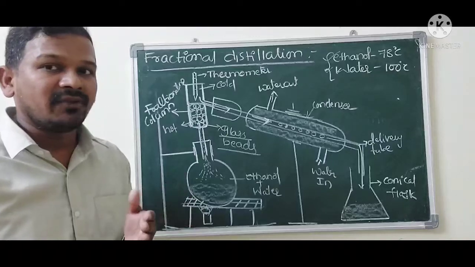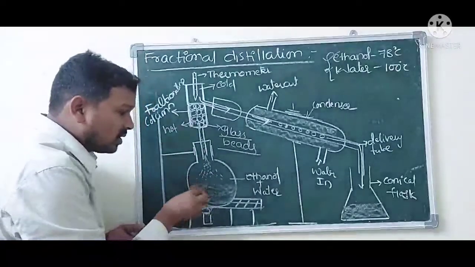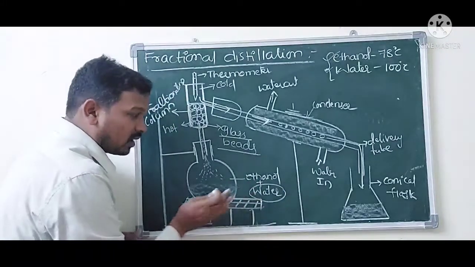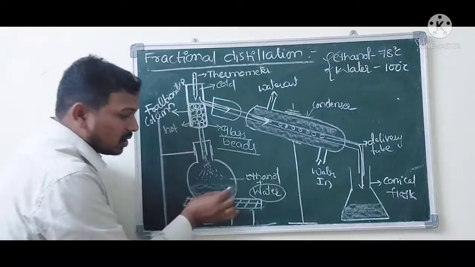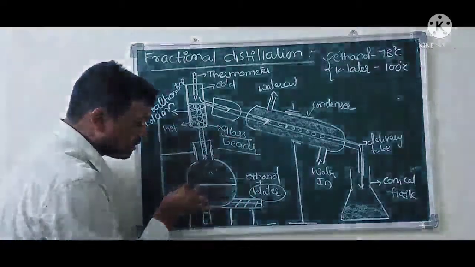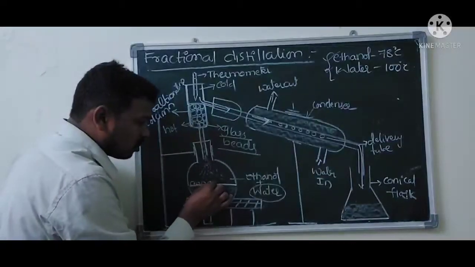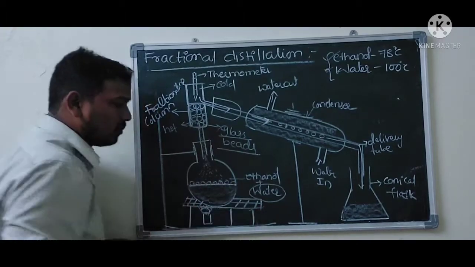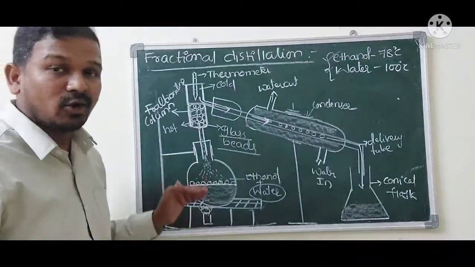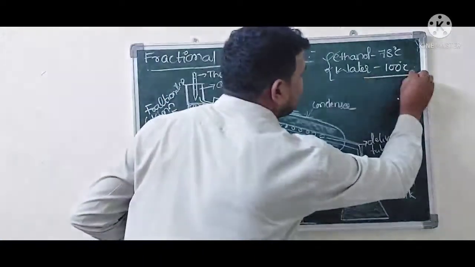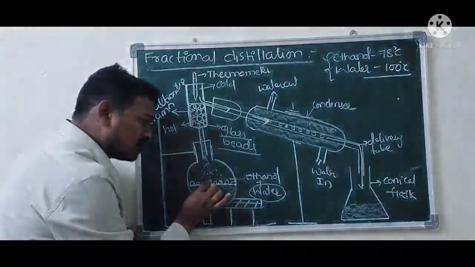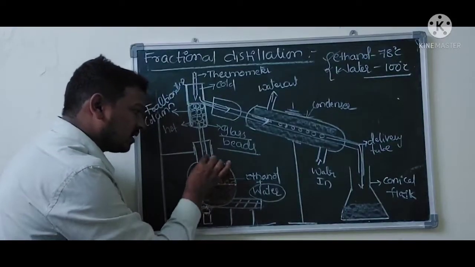By taking the heat from the Bunsen burner, water will also react, but the complete water cannot be evaporated. The water molecules will give the energy to the surface molecules. Why? Because the complete boiling point of the water is not reached, only 78 degrees, which is very close to the boiling point of the water. So what will happen? These water molecules will also start to evaporate here.